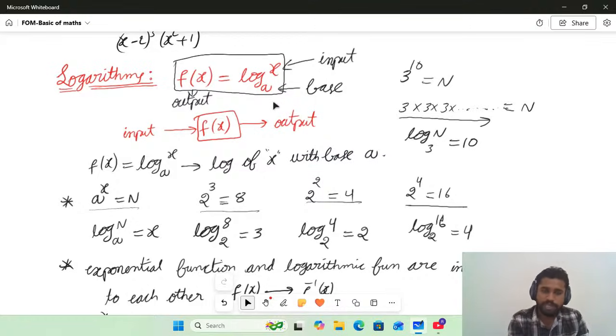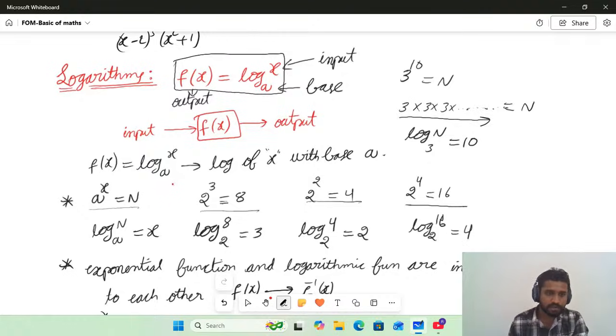Only positive values we can give as input for the logarithm. We should read the expression log x with base a as log of x with base a. And what we have seen further,